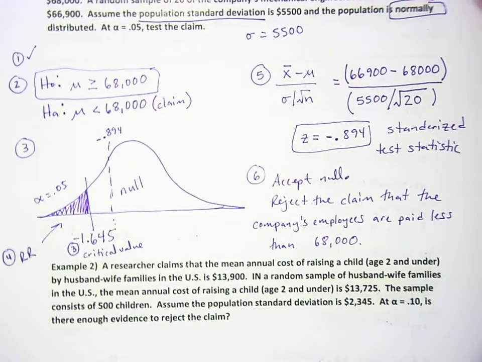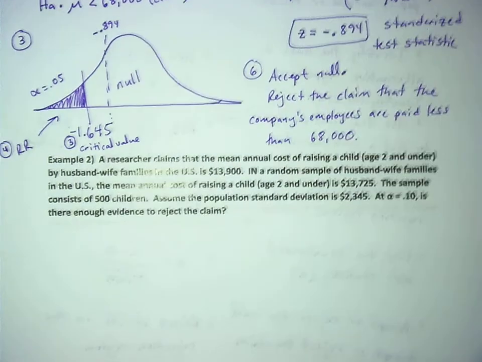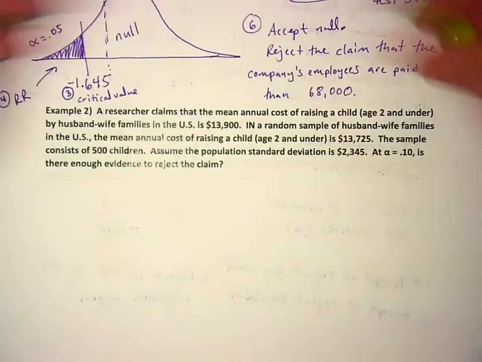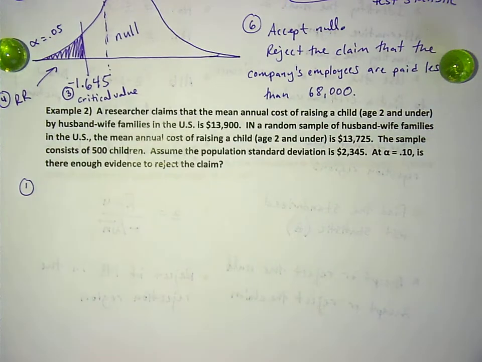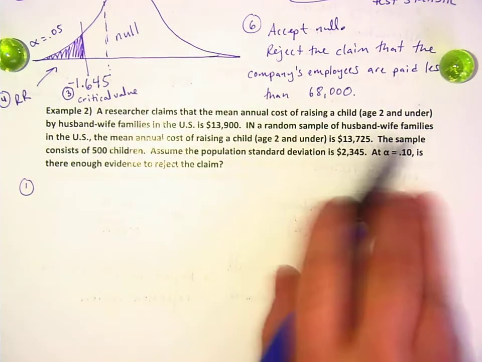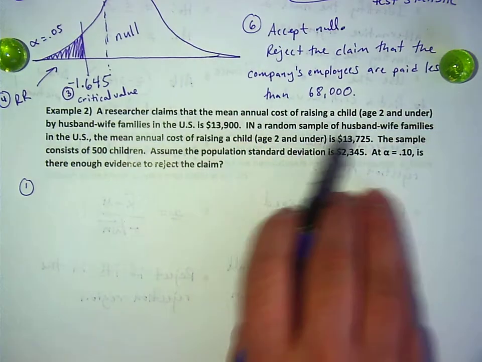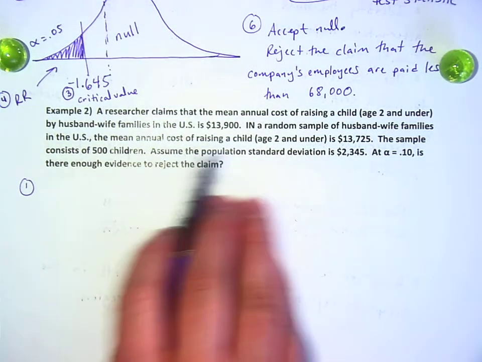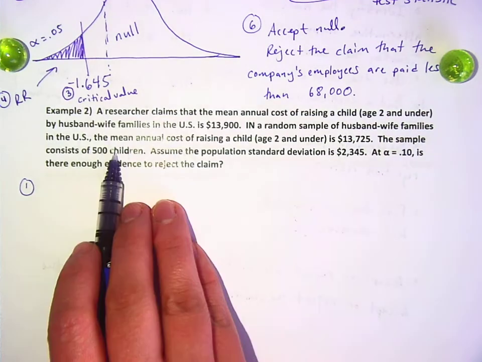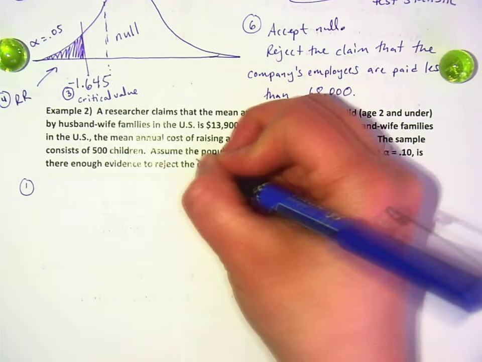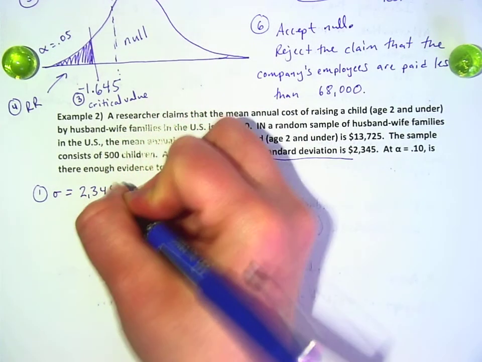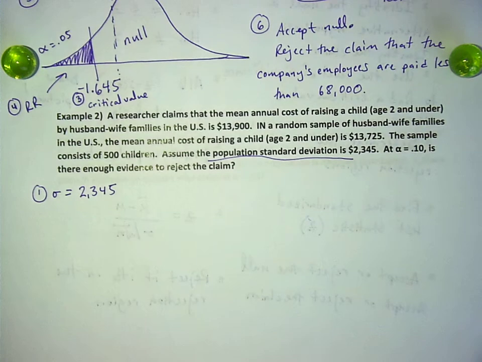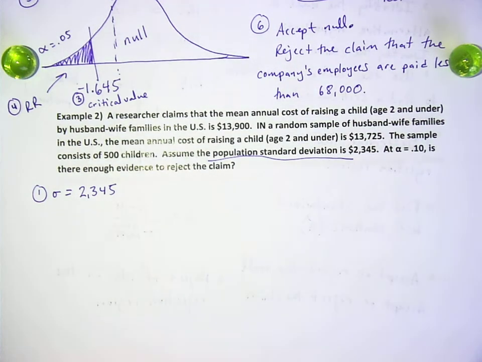Okay, we're going to try example 2 together one more time. We need more practice. Example 2, a researcher claims that the mean annual cost of raising a child 2 and under is $13,900. In a random sample of husband and wife families in the U.S., the mean annual cost of raising a child is that. The sample is 500 children. See, it says population standard deviation. I'm going to write it down right here. Population standard deviation is 2,345. And it doesn't say it's normal. But on the first page it said it has to be normal or n has